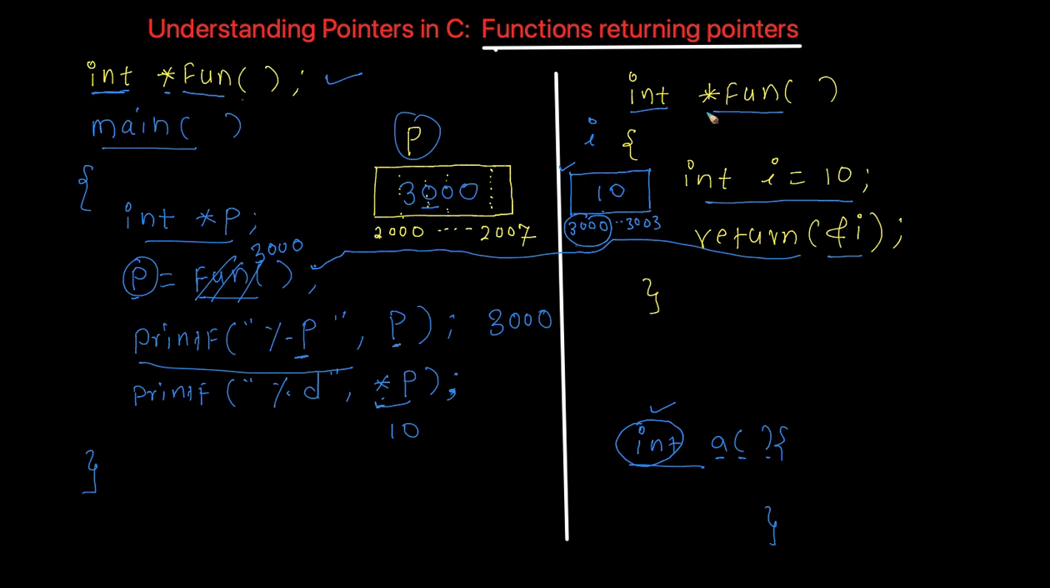A function returning a pointer is nothing but a function returning the memory address of some variable. If this function returns the memory address of a float variable, this will become float, right? So this time this function will be able to return only the memory address of a float type variable. If you write char here, this function will return the memory address of a character type variable only, right? So this is the type of the variable whose memory address we are going to return